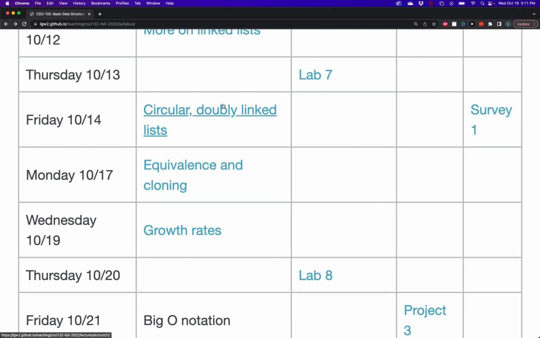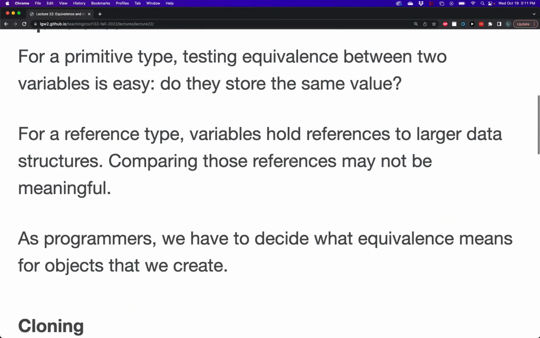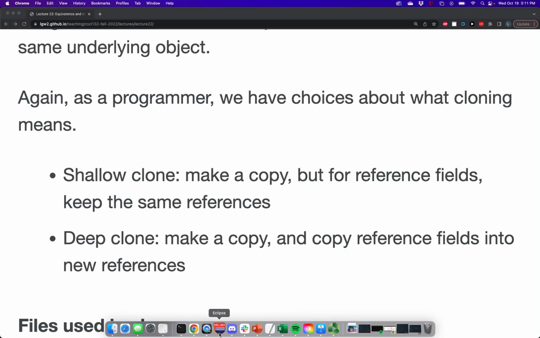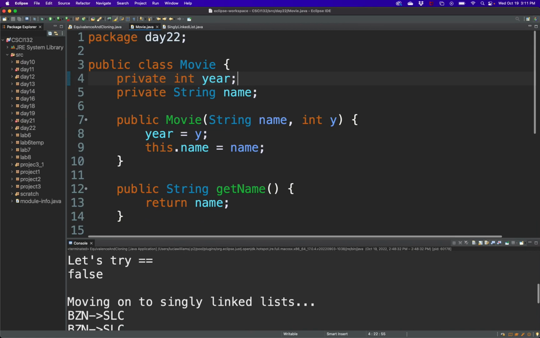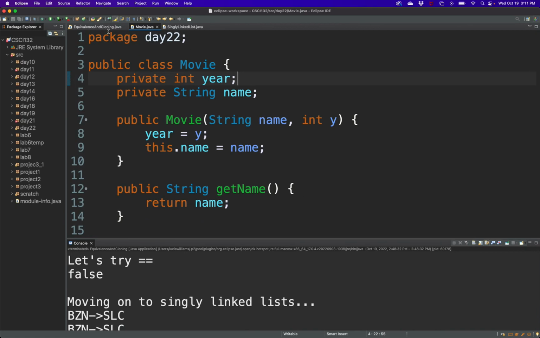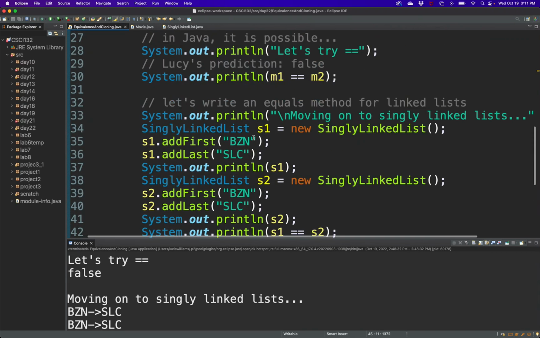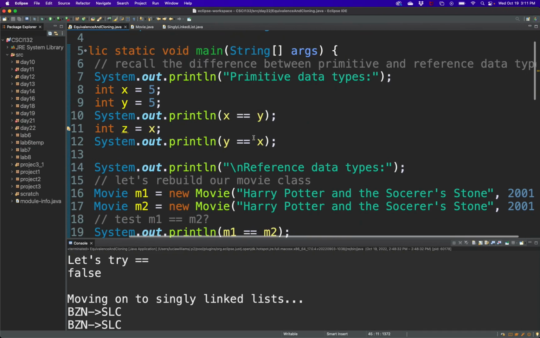But let's finish up looking at equivalence and cloning where we were last time. So I'm going to go back to our Java code and make sure that I make this big enough. So hopefully I'm going to try to just pick up basically where we left off, but just to hopefully help everyone remember